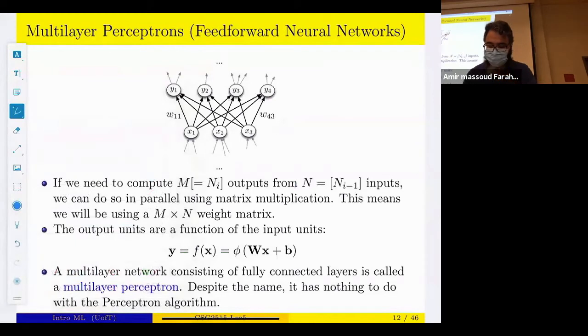Okay, so if you need to compute, say, m outputs from n inputs, and consider m to be n_i and n to be n_{i-1}, this might be a bit confusing. These n's are different from the m and n that I'm using there, and also don't confuse them with the n we used before for the number of data points. These are defined locally. So we can essentially do the computation in parallel using matrix multiplication. This means we will be using an m by n weight matrix, and the output of that layer is computed like this, that the y,